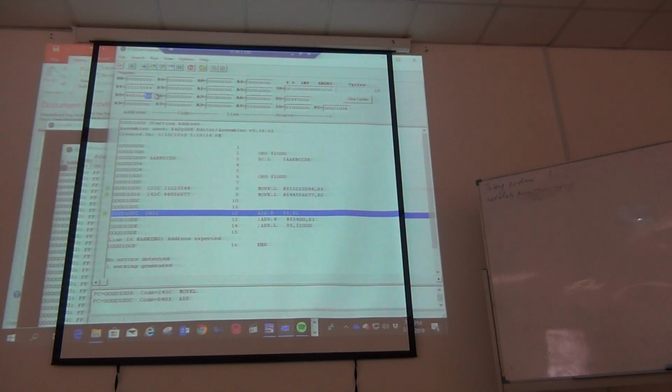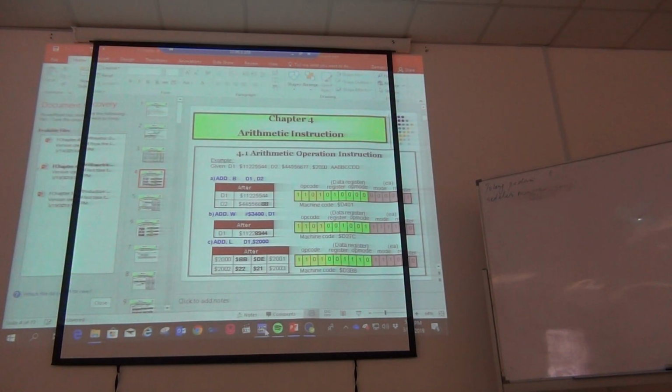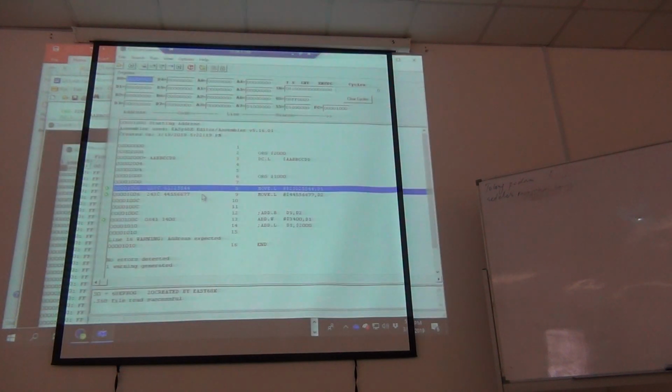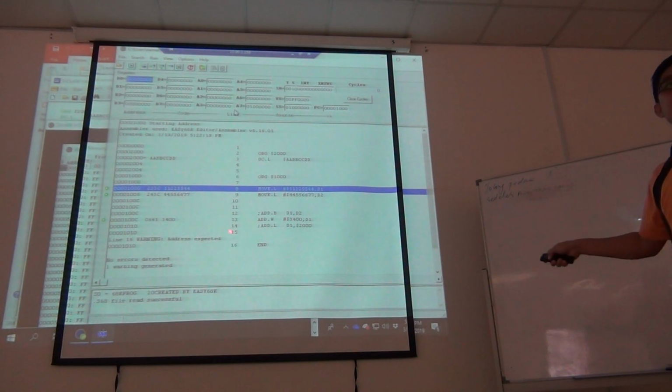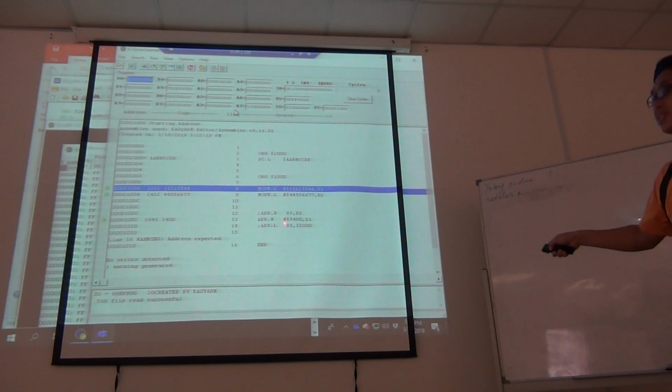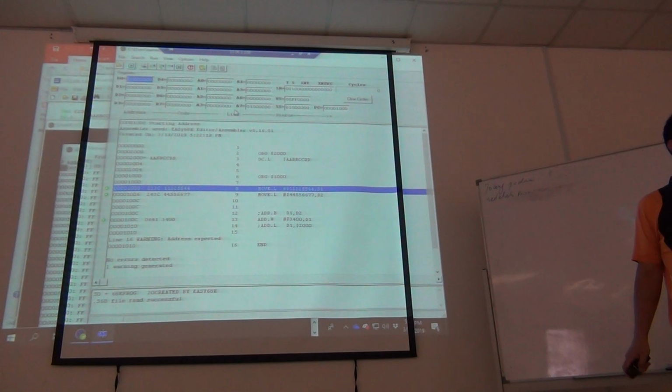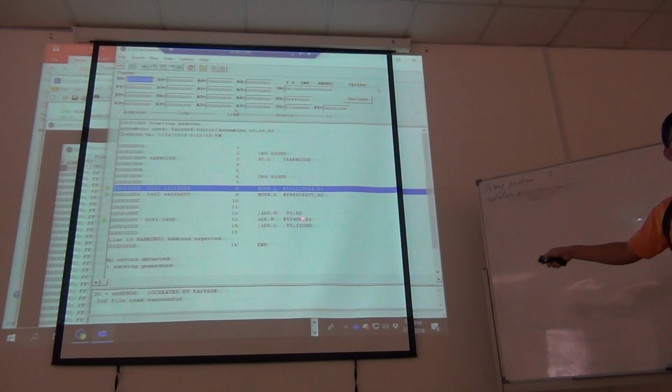Agree? Alright, next one. I have to close this one, open up the second one, and comment out the first one, execute again. So the second command from the slide is add.w, add.words. This is a number, hash is a number. Dollar sign means in hex number. Comma D1. D1 is given this number, so